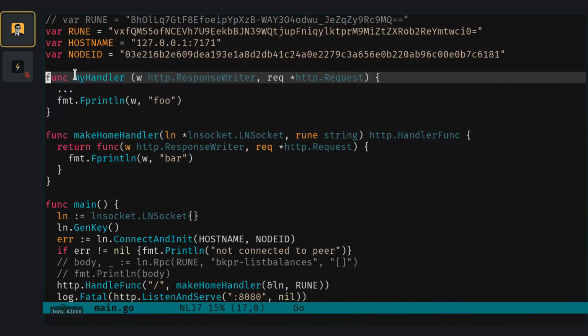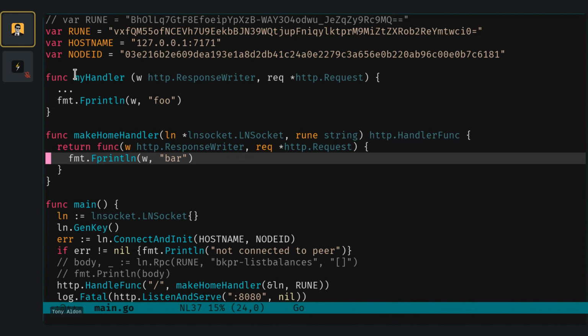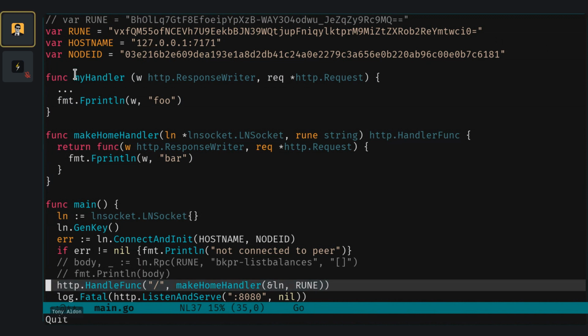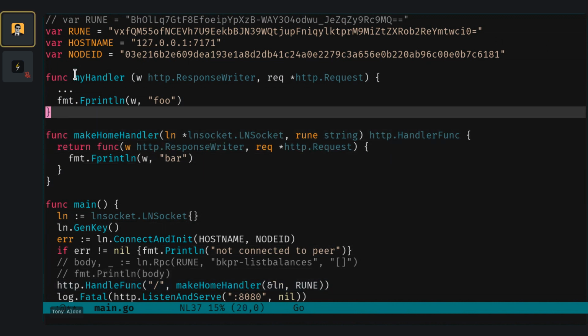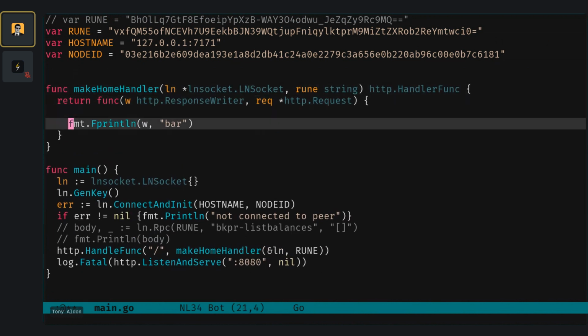We can see what we did before. We were just passing directly an anonymous func that takes the writer and the request. We print on the writer foo, and that's it. But we are preparing the work to be able to use lnsocket inside that function that we pass as a handler here. Okay, so I hope I'm clear with the thing that we are doing,